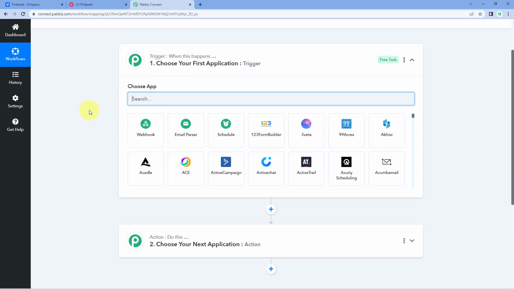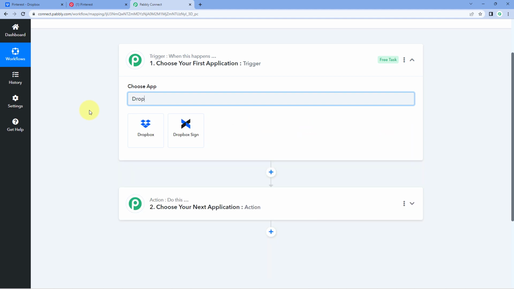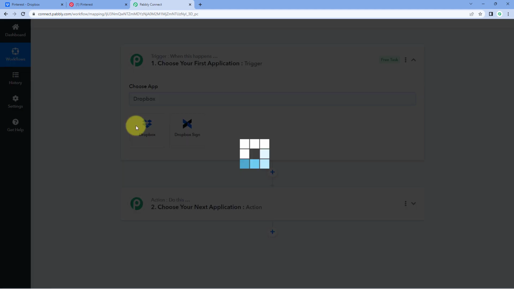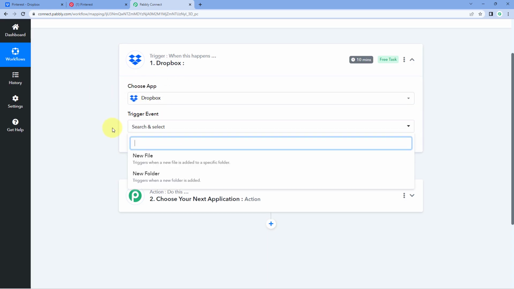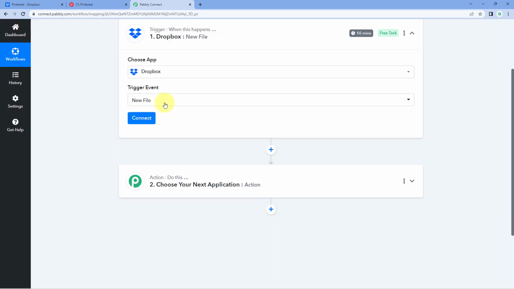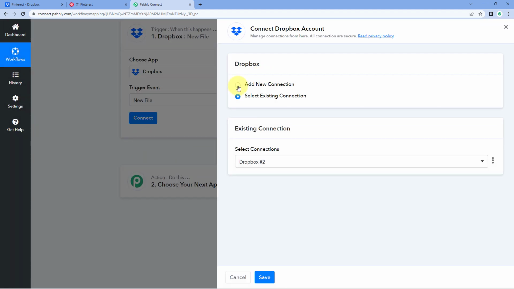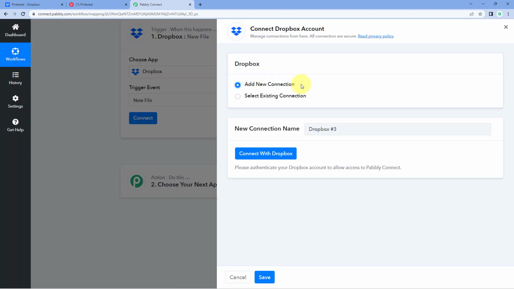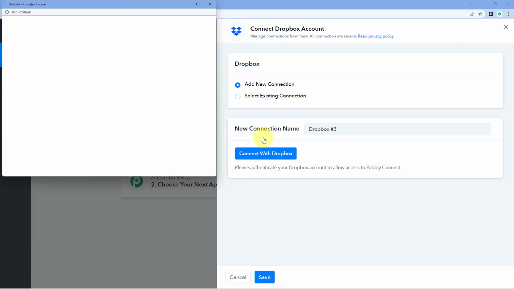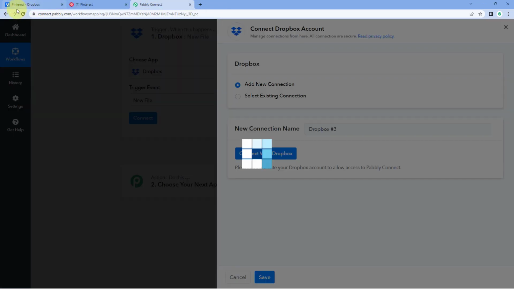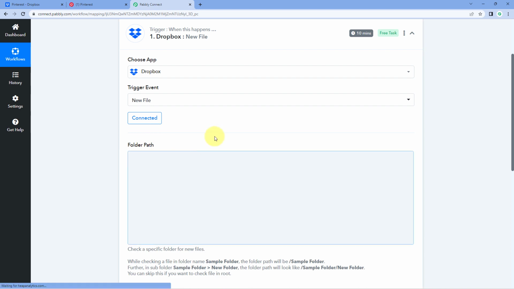So here in the trigger window, in Choose App, search for Dropbox. Just select it. And then in Trigger Event from the drop down, select New File as the trigger event. Click on Connect and select Add New Connection. Now here, guys, we have to connect our Dropbox account with Pabbly Connect. And to make this connection, just click on this Connect with Dropbox button. And then because we have already logged into our Dropbox account in our browser, Pabbly Connect will detect the account